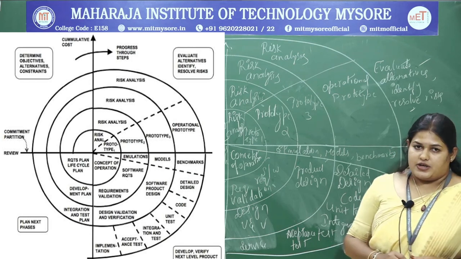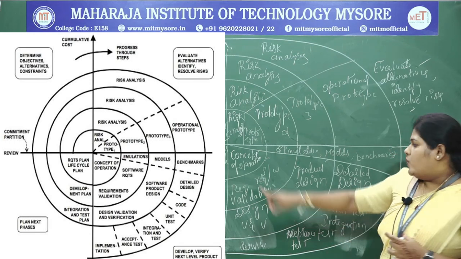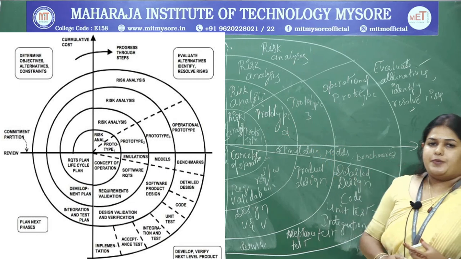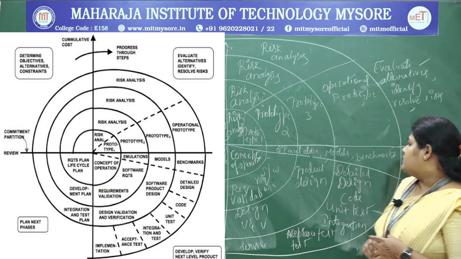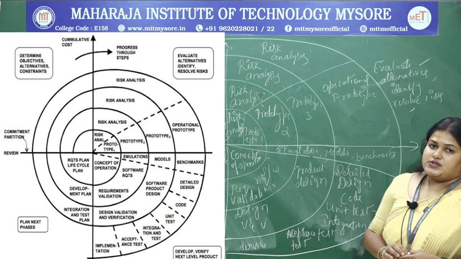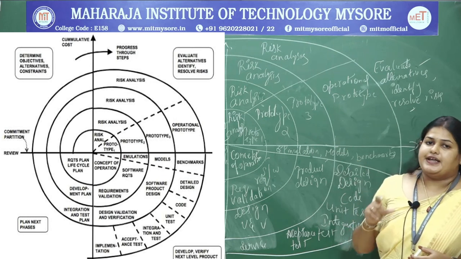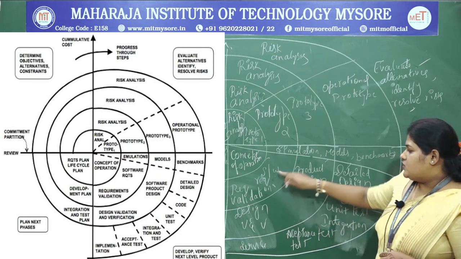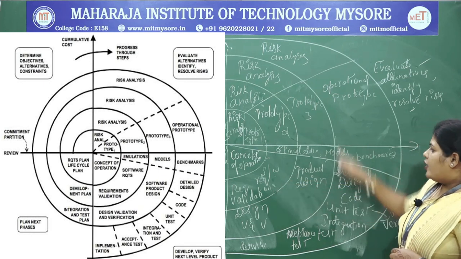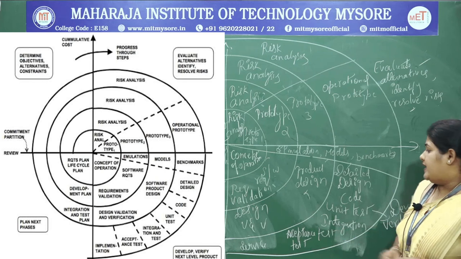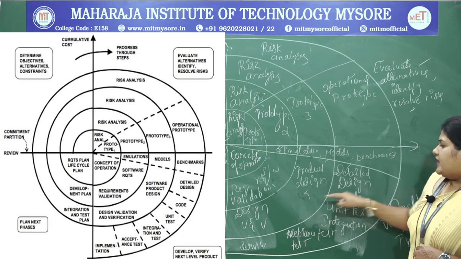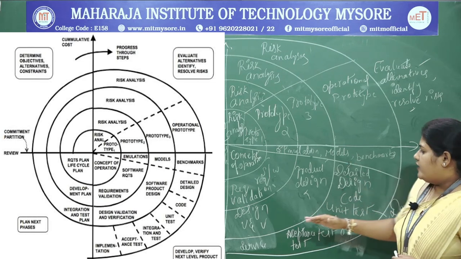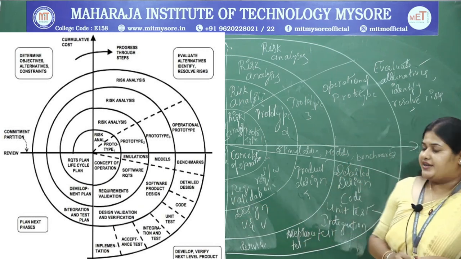verify the next level products in the development process, where all these operations will be performed. That is what we have seen in the previous software process model. Here also we are going to observe, but what happens is previously we were not going through the detailed description of the requirements that you need to analyze here. So, accordingly here, software requirements will be taken out and the next phase will go with the product design, and once the product design is done, again the detailed design of the product will be checked out, followed by the requirement validation.